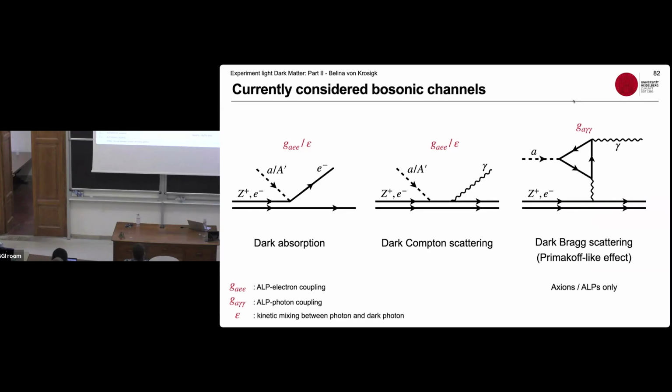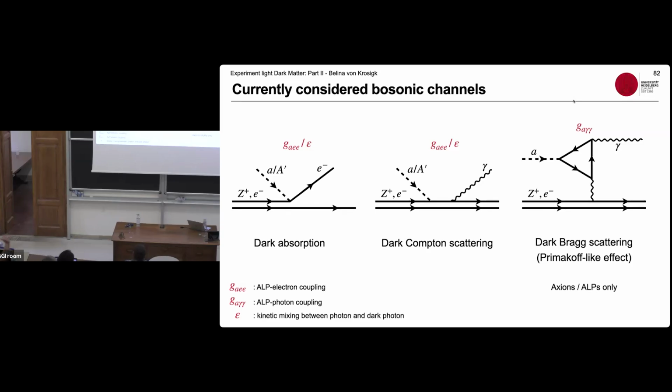And in general, within the direct dark matter particle experiments, the processes that are being considered are dark absorption, where you basically have an incoming boson. So the A is the axion-like particle, capital A prime is the dark photon. So you have an incoming dark boson and an outgoing electron. Then the other one is dark Compton scattering, similar picture. You have an incoming dark boson, but you are now translating the dark boson into a standard model boson, and you have this outgoing photon. Or you can have, and this is just happening for axions or axion-like particles, an interaction with two photons. So you have a photon here coming actually from the nucleus itself, or rather from the magnetic field, but then